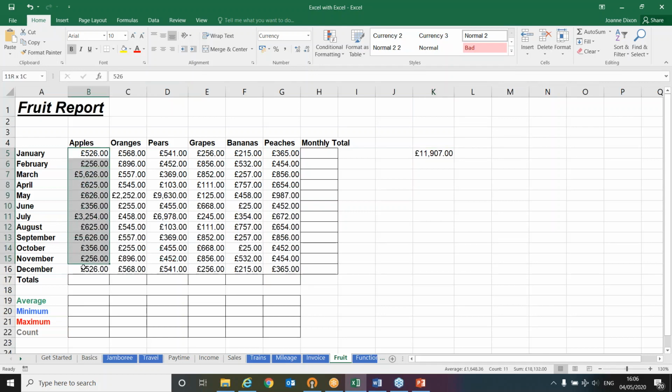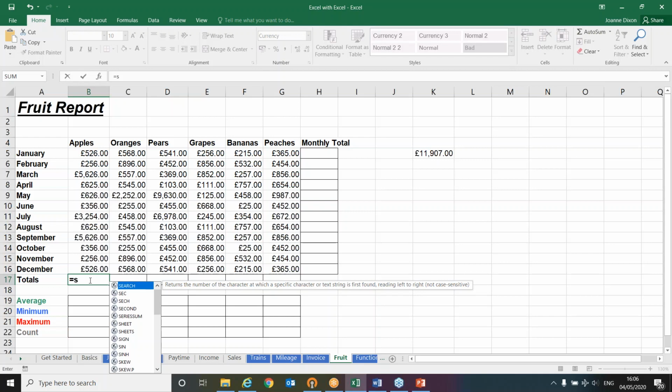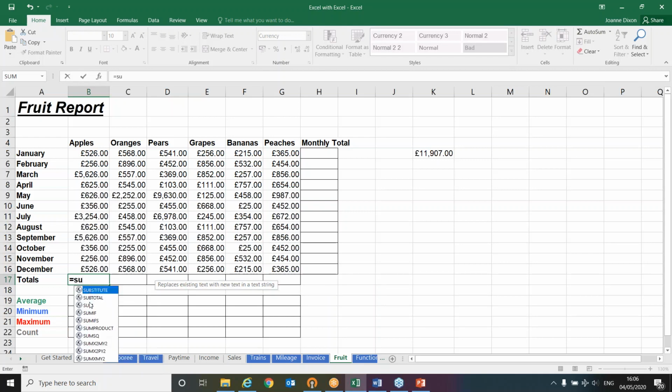So I'm just going to click at the bottom where we've got cell B17. I want to work out what the total is for apples. Always, always, always equals. Now, as soon as you type a letter after an equals, Excel's going to give you a list of functions that begin with that letter. So if I type an S, there's lots that begin with an S. So if I type a U to home in on it, and click once on the sum function,